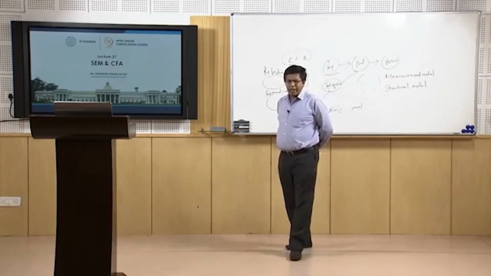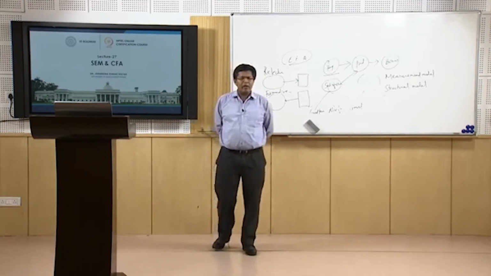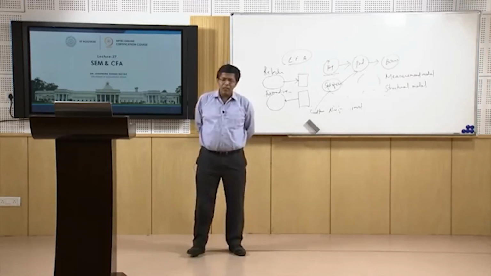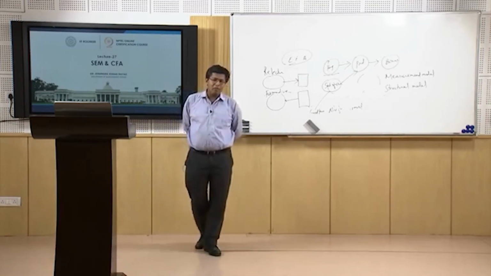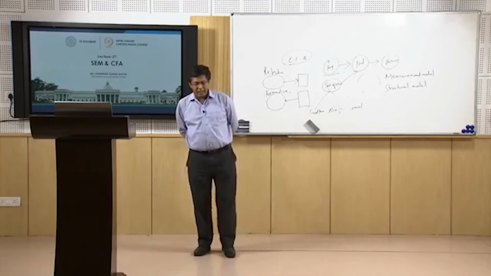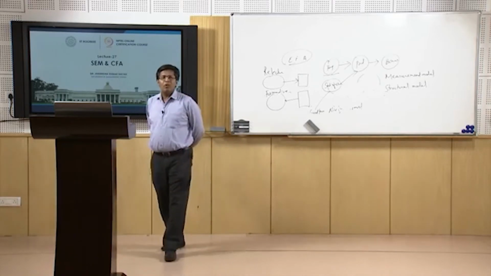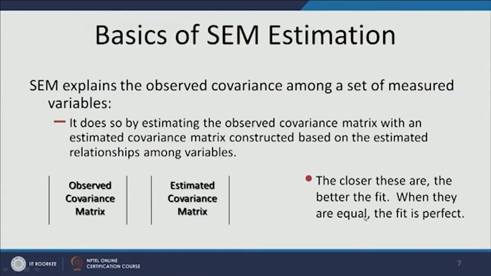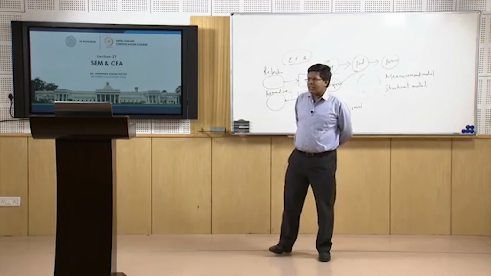We build an observed covariance matrix, and we calculate an estimated or expected covariance matrix, and then we always want the difference between the two to be as minimal as possible. If there are minimal differences, that means what we observed and what we expect are coming to be more or less the same. The closer they are, the better the fit. So, I am sure that when I say the words observed and expected, something else must be coming to your mind.